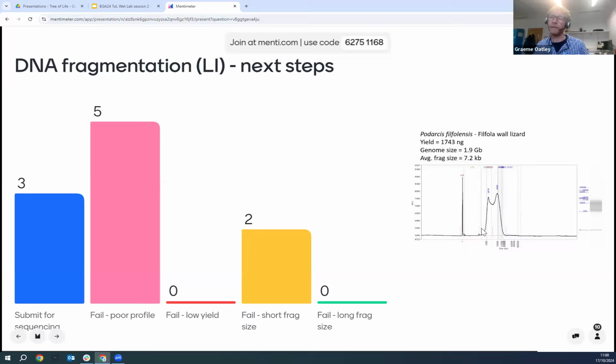So this little second peak, if we request it, can be removed, size selected out during the library prep phase, and we'll be left with the higher peak sitting at 9 kb. However, I wouldn't hold it against anyone to suggest that it's a poor profile, because I think we commonly refer to samples like this as bat ears. When we look at the Femto in the morning and we see this, we're kind of disappointed. But if you have enough DNA, that's another thing to consider, doing a modified SPRI. If you have enough DNA,